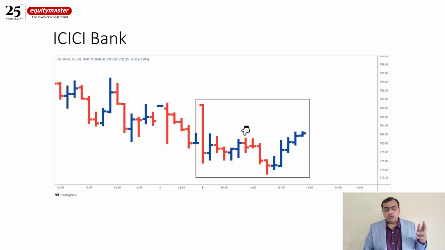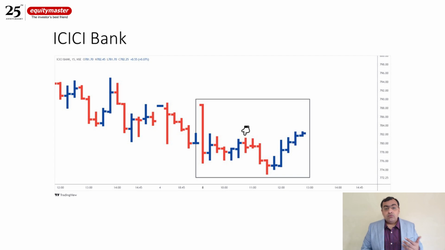I kept the high of the previous 3 bars as a stop loss. In this case, it was the intraday high, and I trailed it down. It went to the low, but in the end, if you look at the arrow mark over there, it hit my stop loss somewhere around 980 rupees. So still I was making money of around 3 points.